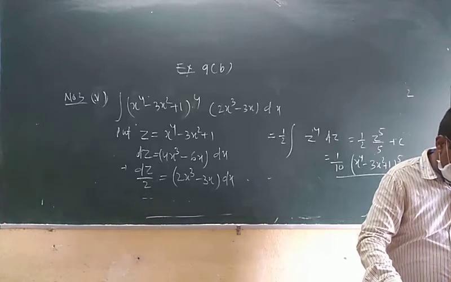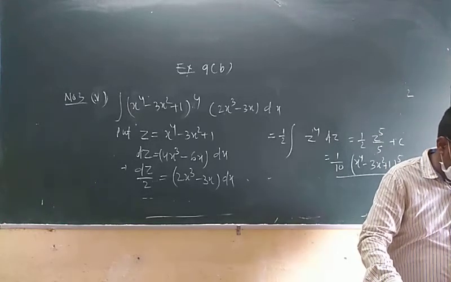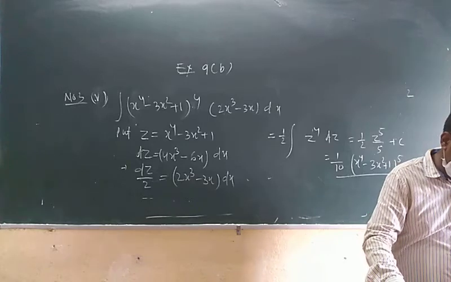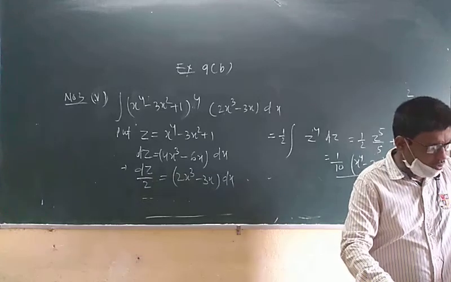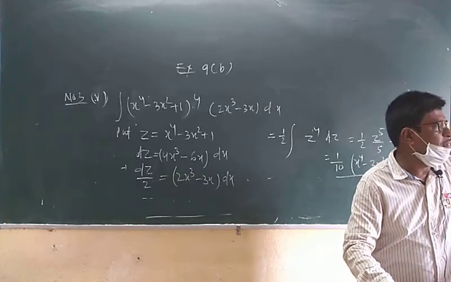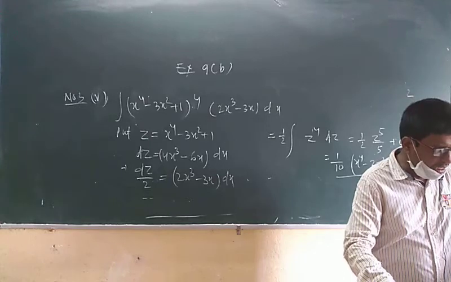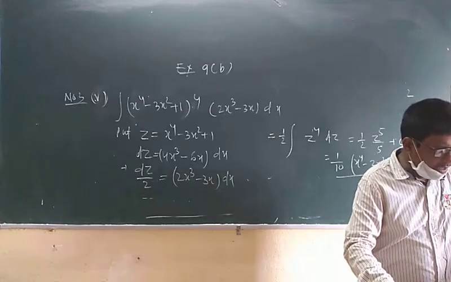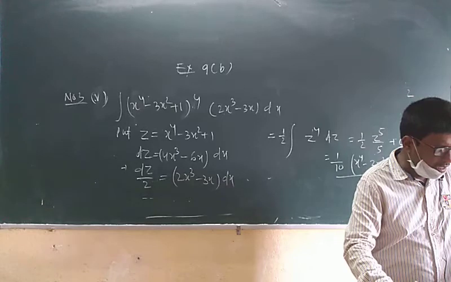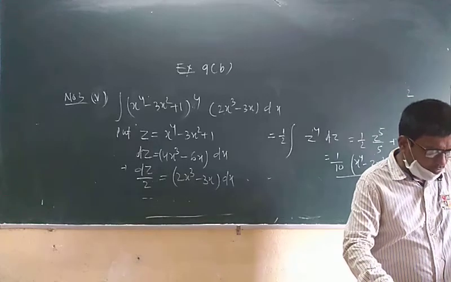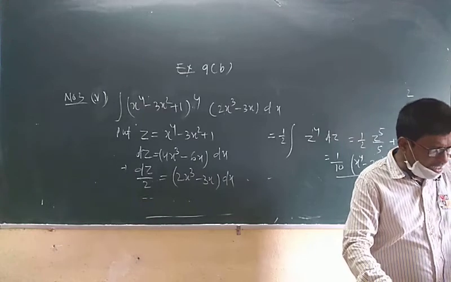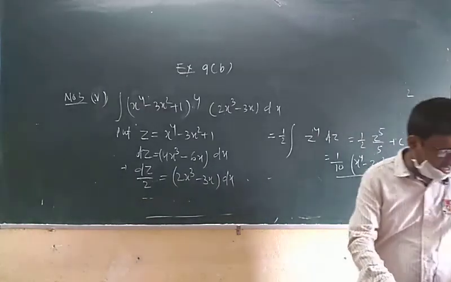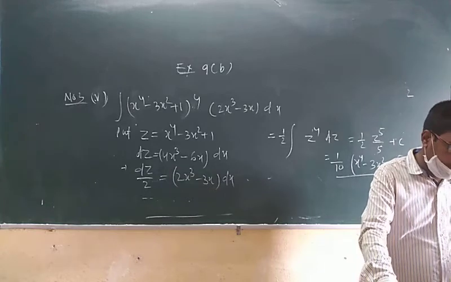Look, all the problems are exponential functions. So a to the 3x, taking 3x as z. In the case of a derivative, I already told you, put the power of the exponential function as z. In this case also it is the same. The power of e: in question i, first bit, it was 3x, taking 3x as z. Bit 2, it was 2x plus 7, taking 2x plus 7 as z. And in 3i, taking x by 3 as z.